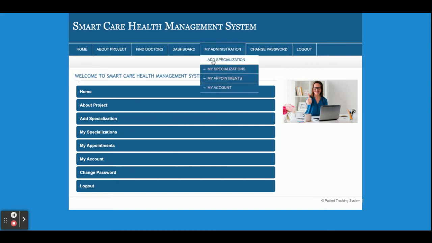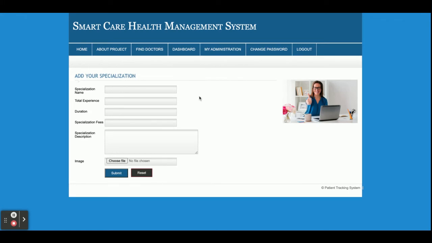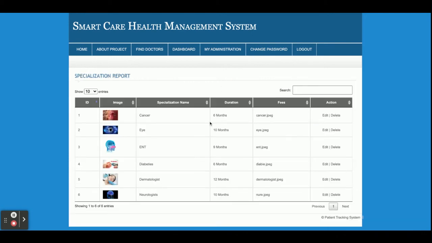You can see this is the add specialization. Doctor can add his specialization, right? If he is specialized in ENT or physician or chest, then he can add his specializations. In My Specializations, he will be able to see all of the specializations which he has added, right? So you can see all of the specializations